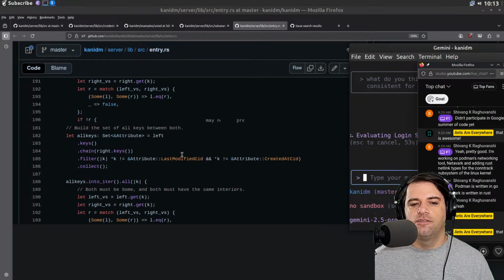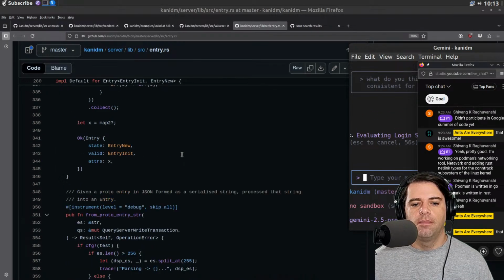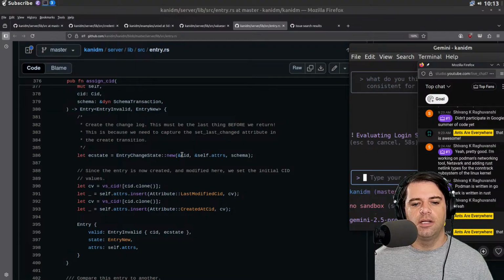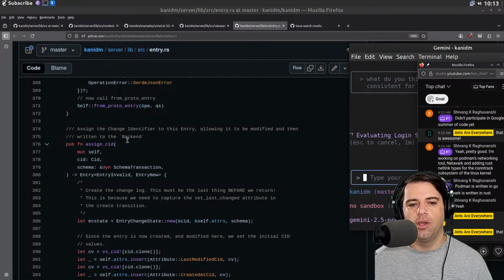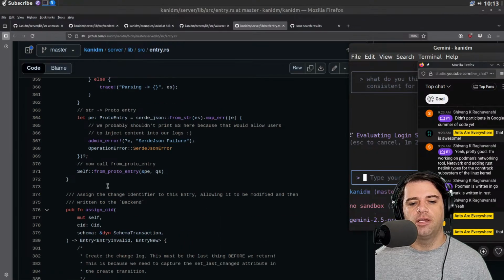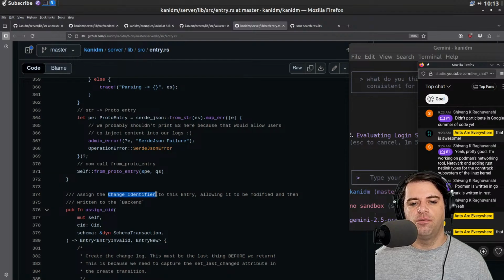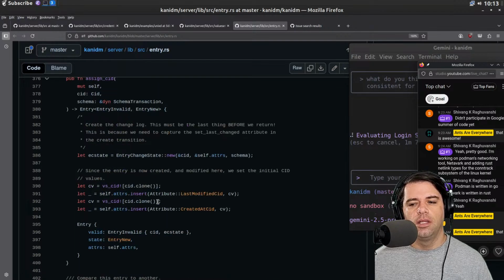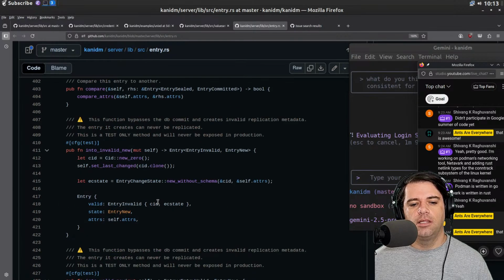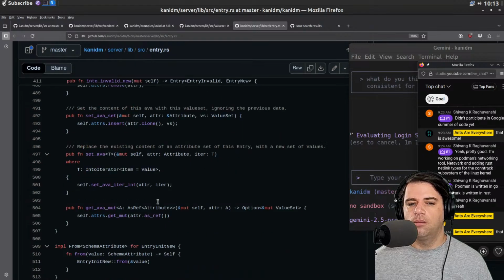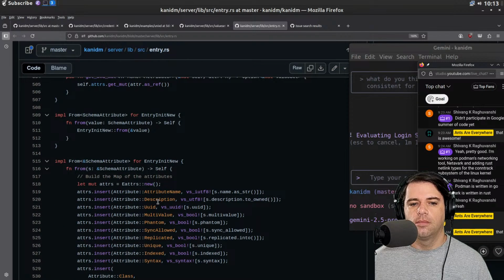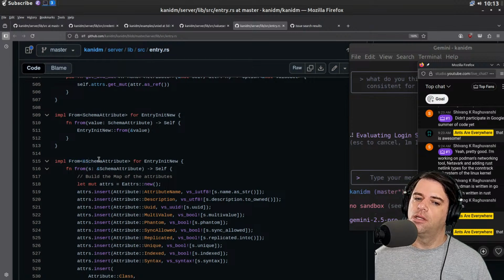Okay, let's look back at entries. Since this seems to be the main thing, there's just so much here, I'm going to have a hard time knowing what is really mattering. So there's this change identifier thing, which we haven't really dug into. I'm not sure. This is some from method for converting from what? You're going to take a schema attribute and return an entry.